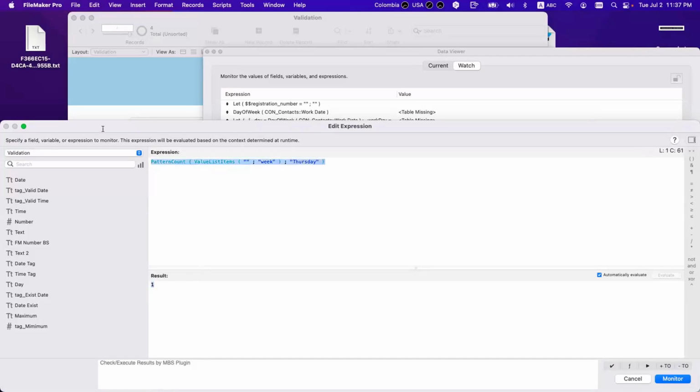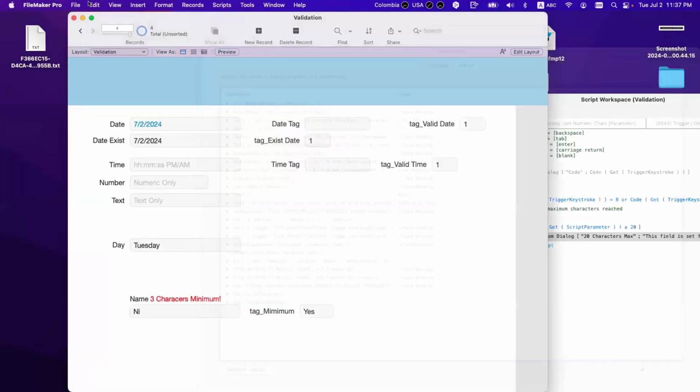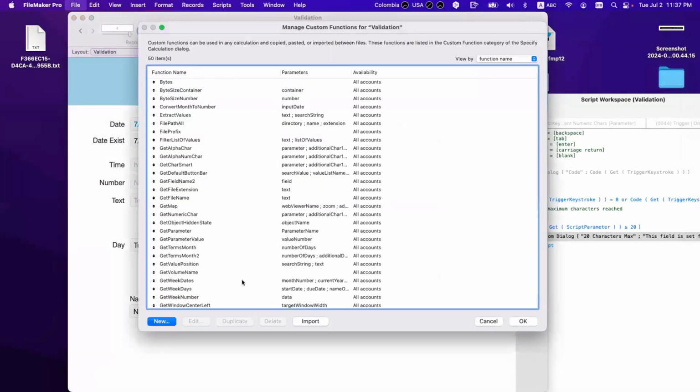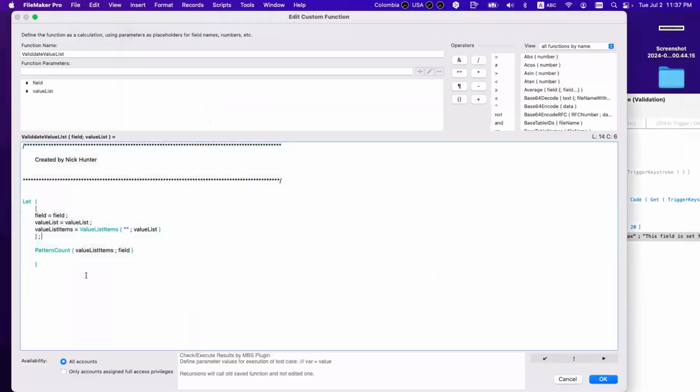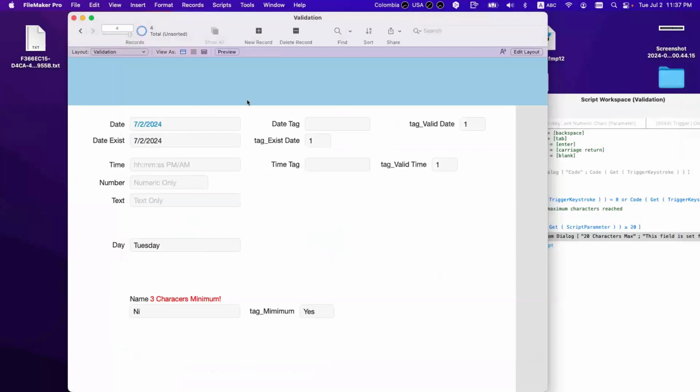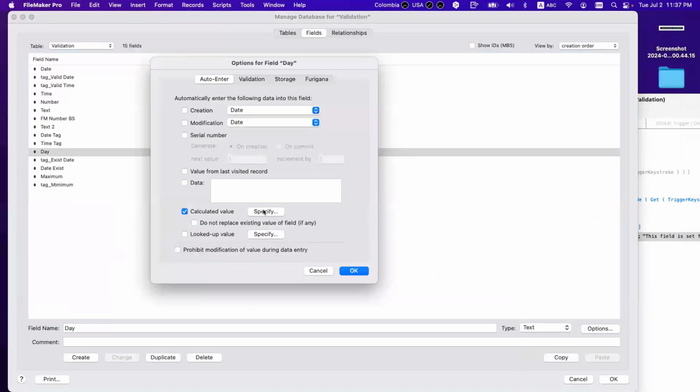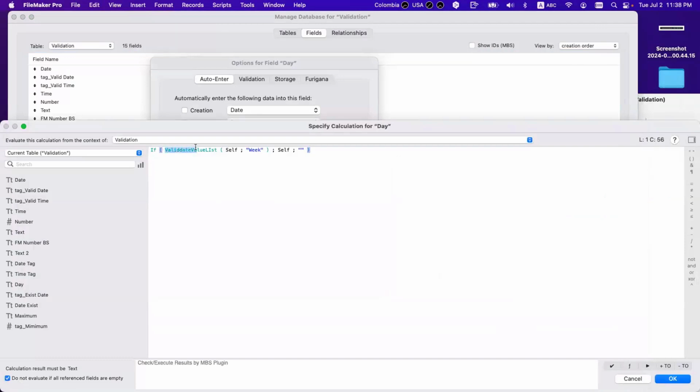So instead of doing all of this, I have a nice little custom function for you. In the calculation, what you need to do is call this custom function, with the name of the value list, and then you say, if in the week value list, I have the content of the current field, which is day.